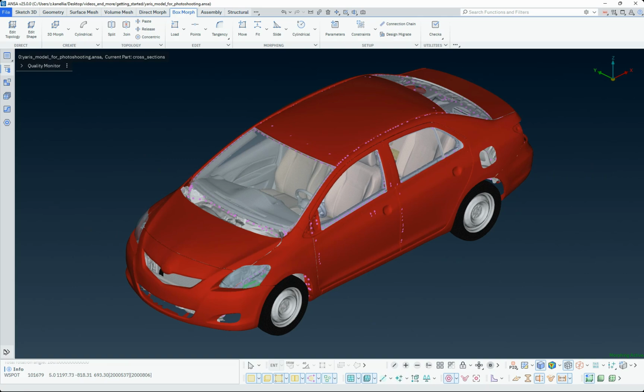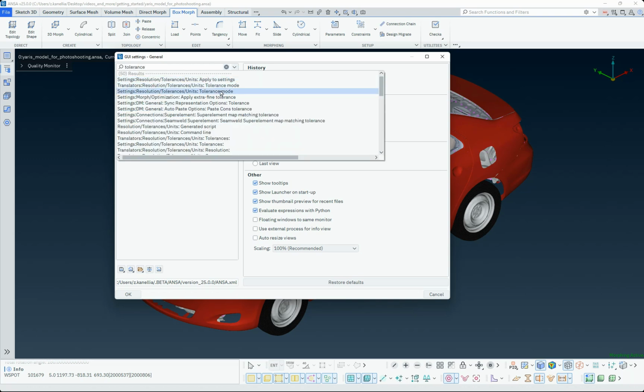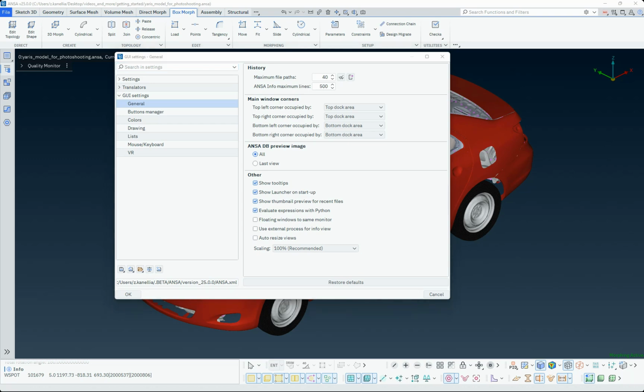Accessing ANSA settings can be done through the settings in the right upper corner bar or by using the shortcut Control key combined with I. These settings are categorized into three main sections: Settings, Translators, and GUI settings, each offering customizable options. The Settings window features a live search bar that dynamically populates a drop-down list of search results as you type. Additionally, settings can be saved or loaded using the corresponding buttons, with the save destination clearly indicated below and stored within a designated folder.